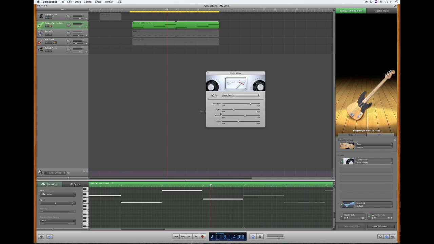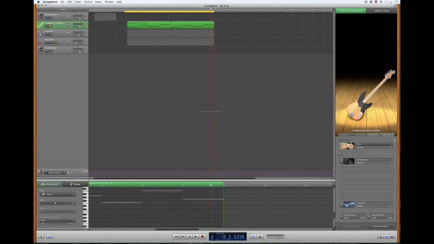The actual use of a compressor is probably outside of the scope of this video, but if I just do a quick demonstration, we can hear a drastic sound if I move some of these sliders around. Okay, so we'll just leave it at that for now, and probably the more commonly used tool with every instrument